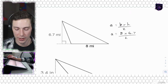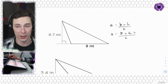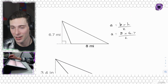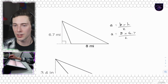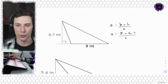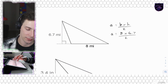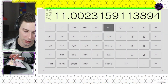And really, it doesn't matter what order you do this in. You could divide 8 by 2 to make it 4, and then multiply that by 6.7. You can multiply 8 by 6.7, then divide by 2. You can divide 6.7 by 2, and then multiply by 8. It's going to get us to the same answer. If I was doing it mentally, I would go 8 divided by 2 is 4, and 4 times 6.7. But because I have a calculator, which I will open right now, I'm going to do it